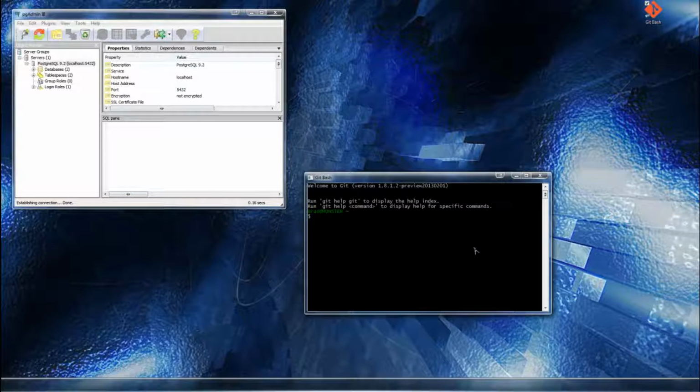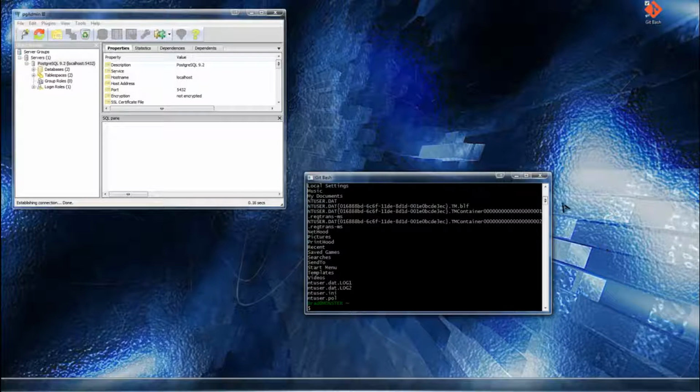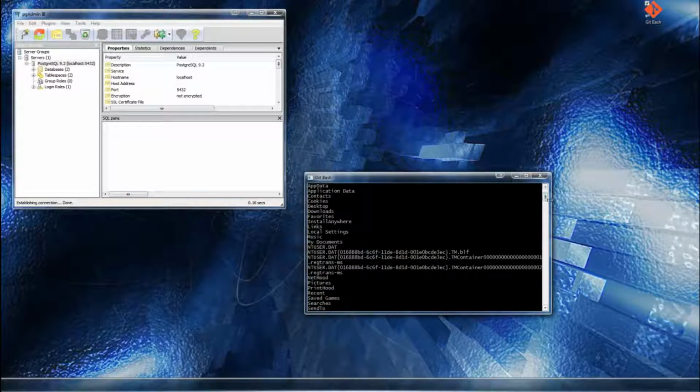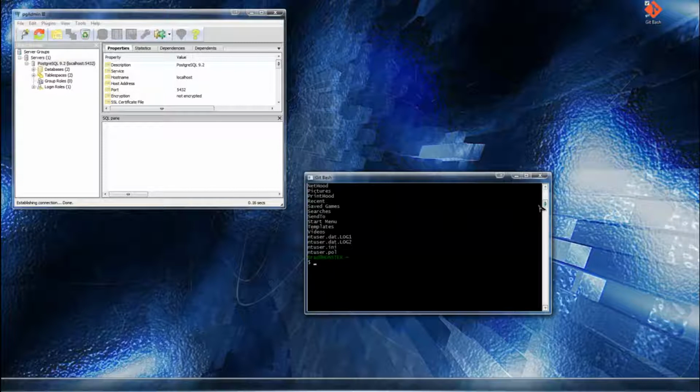Okay, now you can see by default the PC I'm on is named Monster, so that's why it says my name and then Monster. Yours will say something different, whatever your computer's called. And by default they put us in the users directory, which is not where we want to be. We want to be in our sites directory and then in our app. So we'll change directory to the C drive,